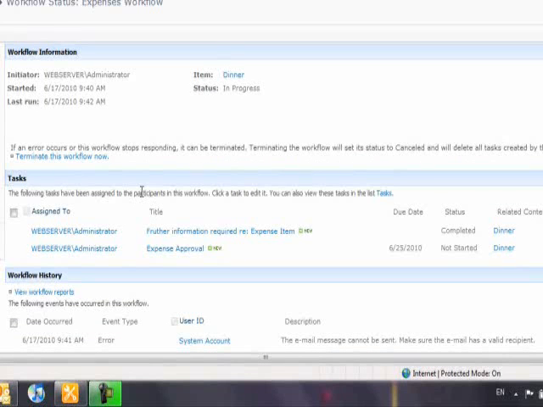When we go back to the workflow information page, we can see that the further information required task is now set at completed, the outcome is completed, and a new task has been generated seeking approval for this expense item. If I click on the expense approval,